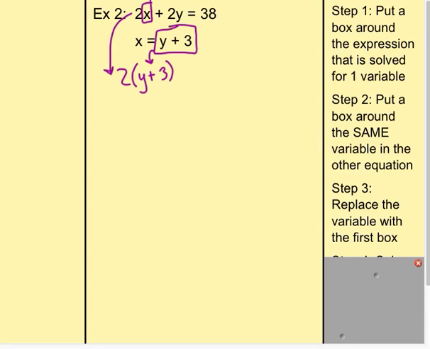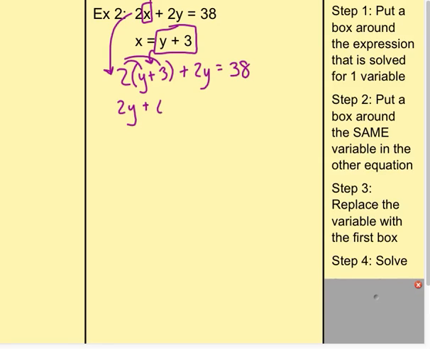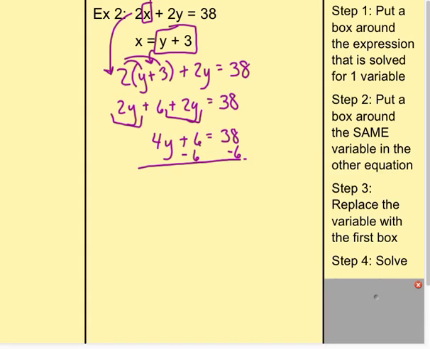Then we have to finish our equation: plus 2y equals 38. We solve our equation. This time we do have some distribution, so I'm going to multiply both terms by 2. So we've got 2y plus 6 plus 2y equals 38. Some of you might like to subtract 6 first. I like to combine my like terms. So I see 2y plus 2y, which gives me a total of 4y. Now I'm going to subtract 6 from both sides. So I'm left with 4y equals 32. Dividing both sides by 4,